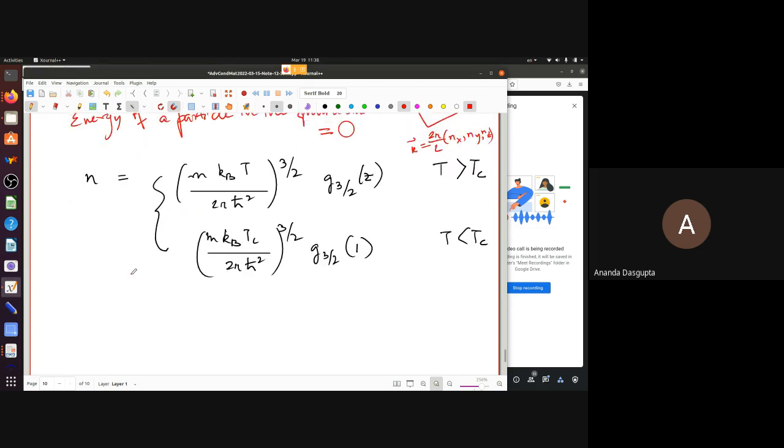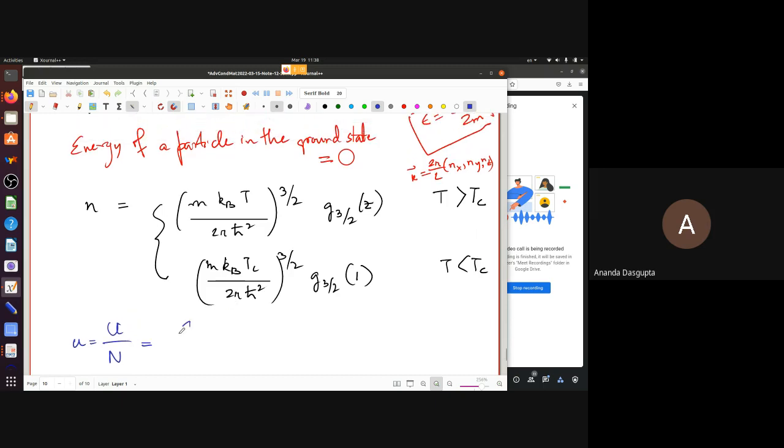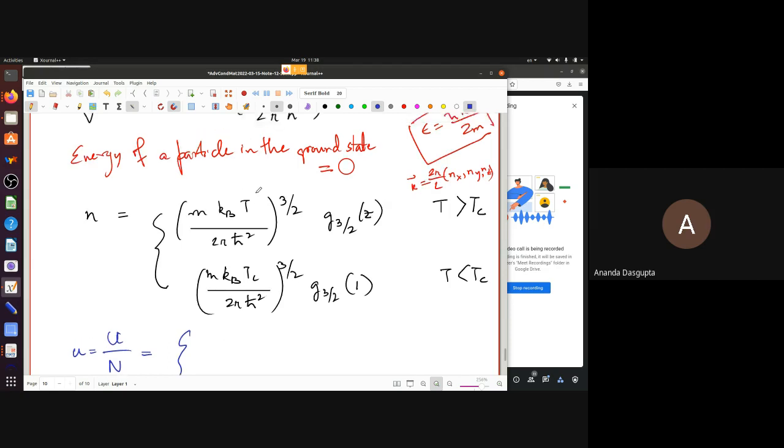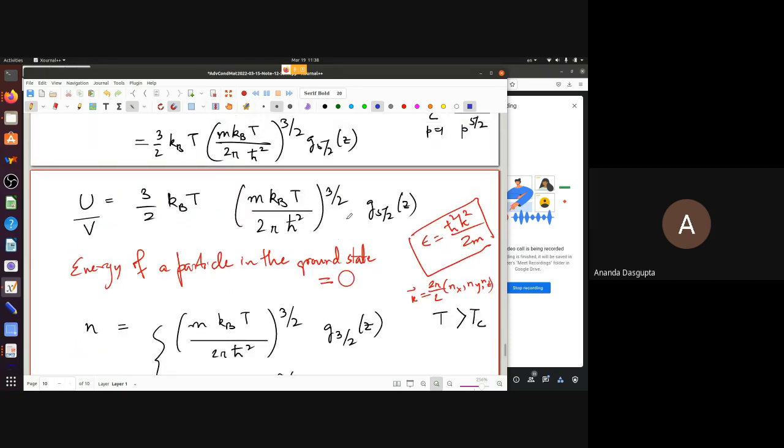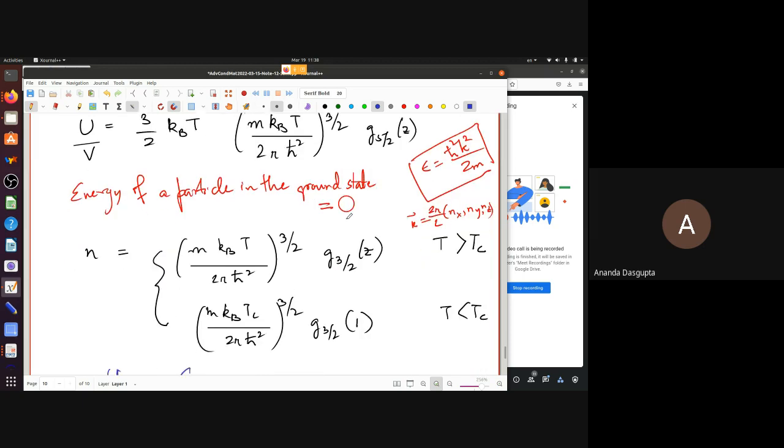Now, if you look at small u, the energy density, per particle, that is u by n, or you could write this as capital U by capital N, energy per number of particles. Small n, remember, is capital N by V, so the volumes cancel out and you end up with this expression. If T is bigger than Tc, this is what U by V looks like, and this is what N looks like. If you divide, this factor cancels out, and you are left with